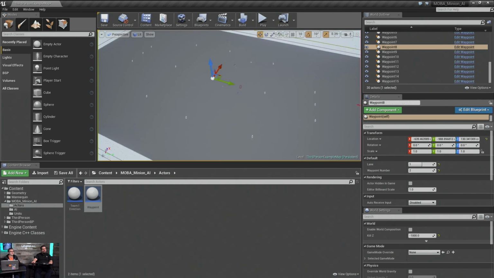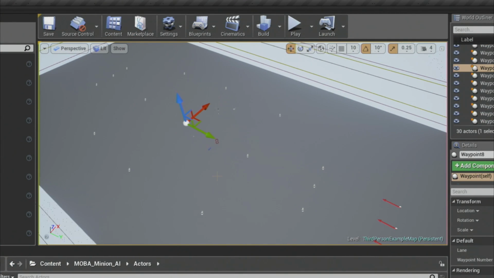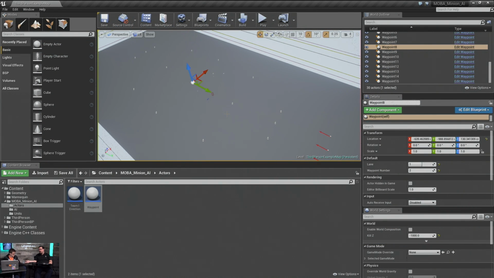So now that we have these, what we need to do is create our game mode to store all this information, because the waypoints are useless to us right now. We're not storing anything on the waypoint to say, hey, your next waypoint is this. Why? Because we have 2 teams, and they're both going to use the same waypoints to get from point A to point B. What we really want to do is store all these waypoints as a forward array and a back array. So team 1 will have the array towards, team 2 will have the array reversed to come back towards them.